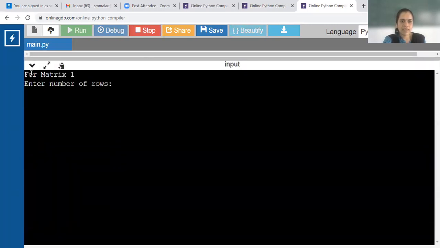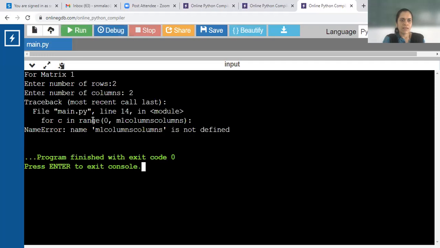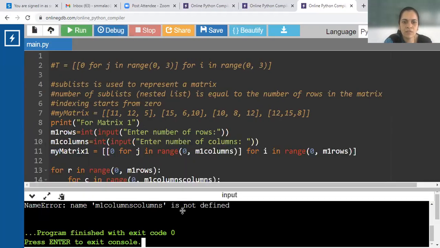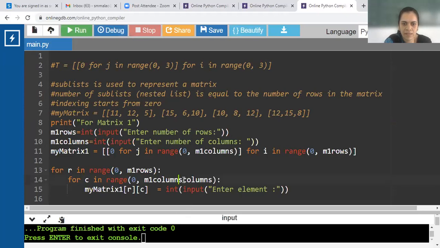In the output we can see, I hope you can see the output, the black window. For matrix 1, enter number of rows. Suppose I want a 2 by 2 matrix. Okay, there is a spelling mistake. M1 columns is repeated.